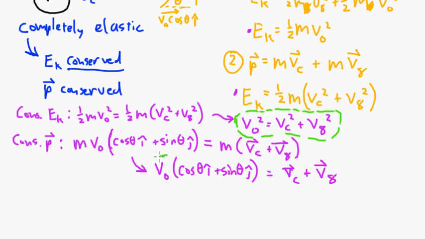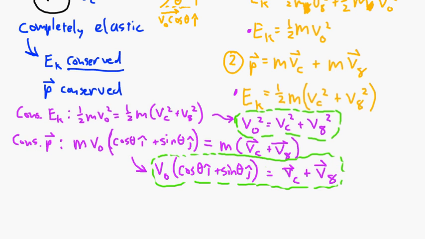Now, here's what I'm going to do. I'm going to take this equation, this is our momentum, and I'm going to dot this equation with itself. What that means is I'm going to take the left side of this equation and dot it with the left side of this equation, and say that's equal to the right side dotted with the right side. So, v naught,